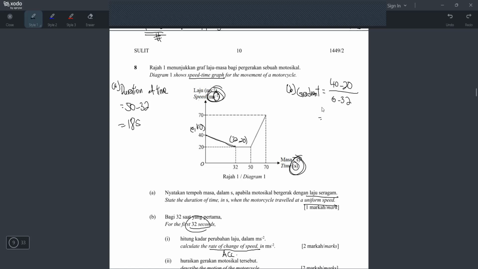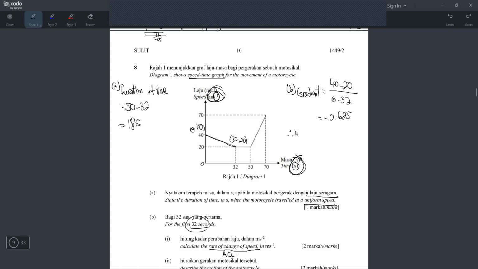Let's press 40 minus 20 in the calculator, and then the answer divided by bracket negative 32. Okay, the calculator gives me negative 5/8, or in decimal negative 0.625. For this case, I will write in decimal because the answer doesn't have many decimal places. There are just 3 decimal places, so why not just write in decimal? But if there are many decimal places, usually I will just write in fraction. Okay, we have got the gradient, but don't stop. You have to write more.